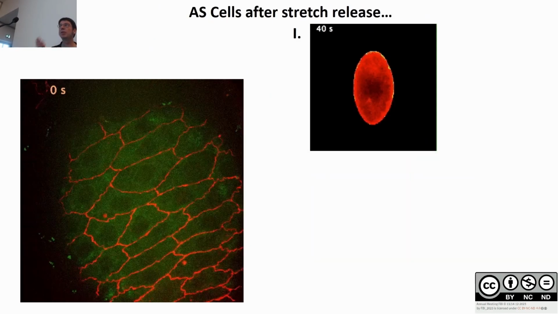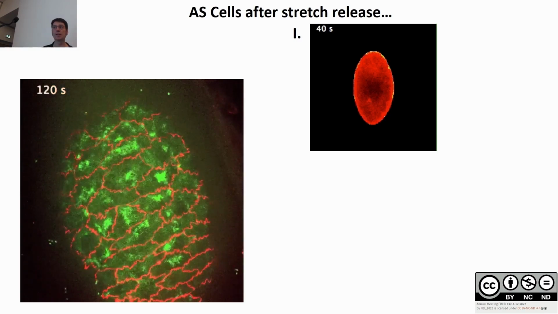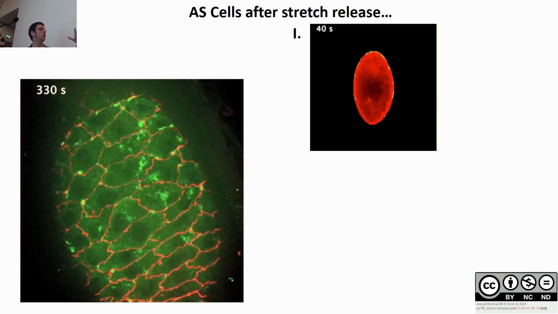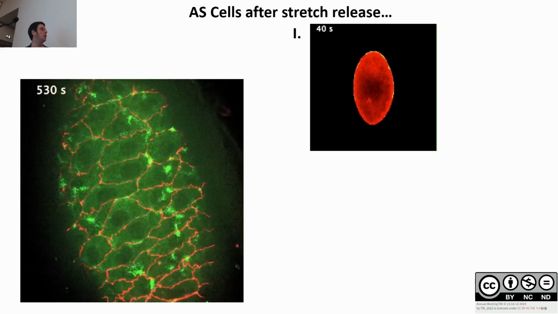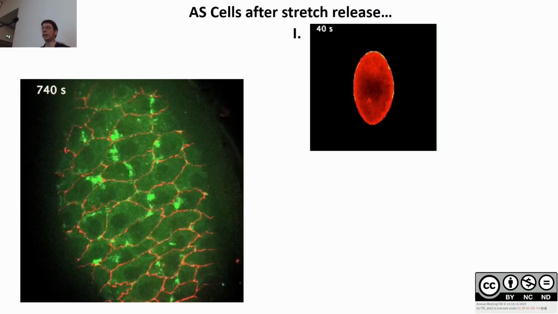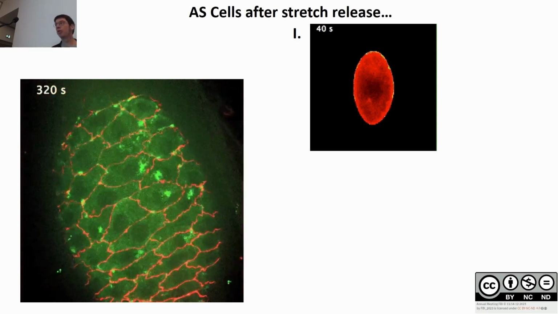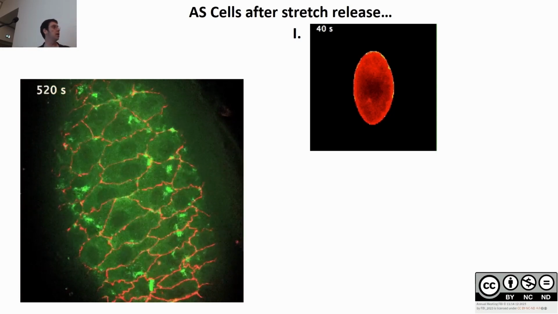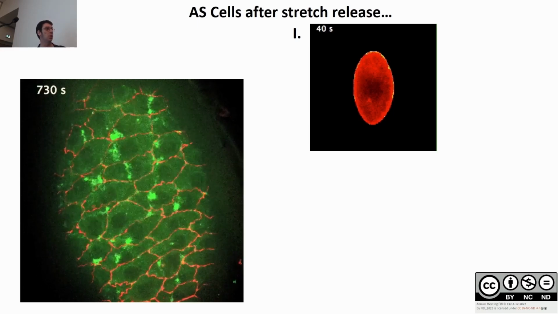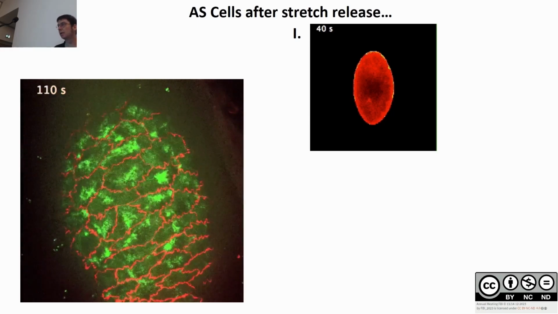So interestingly, we then wondered what happens if we release the stress, okay? And this is what we observed: myosin comes back from the junction to the center of the cell, all together, synchronized, and they restart to pulse, as if nothing happened, okay? So this is reversible. The cells are mechanosensing. We can turn the pulse on or off just based on mechanics.